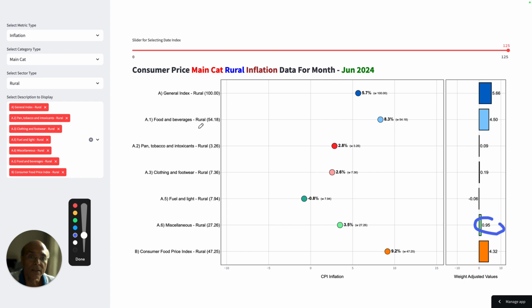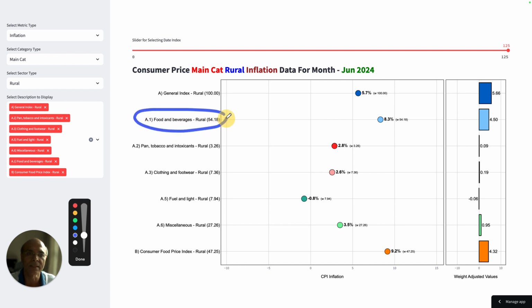Versus food and beverages, the weight is 54.18 out of 100, which actually these things are going to add up to 100, right? 54.18, 3.26, 7.36, 7.94, and 27.27. Except this part, you can just ignore this, because this is the consumer food price index, which is an extract of this, right?